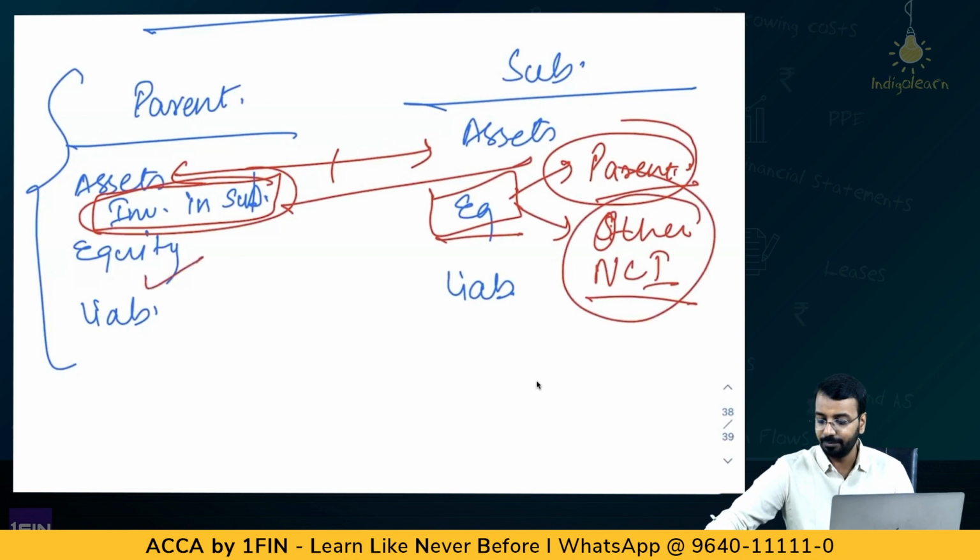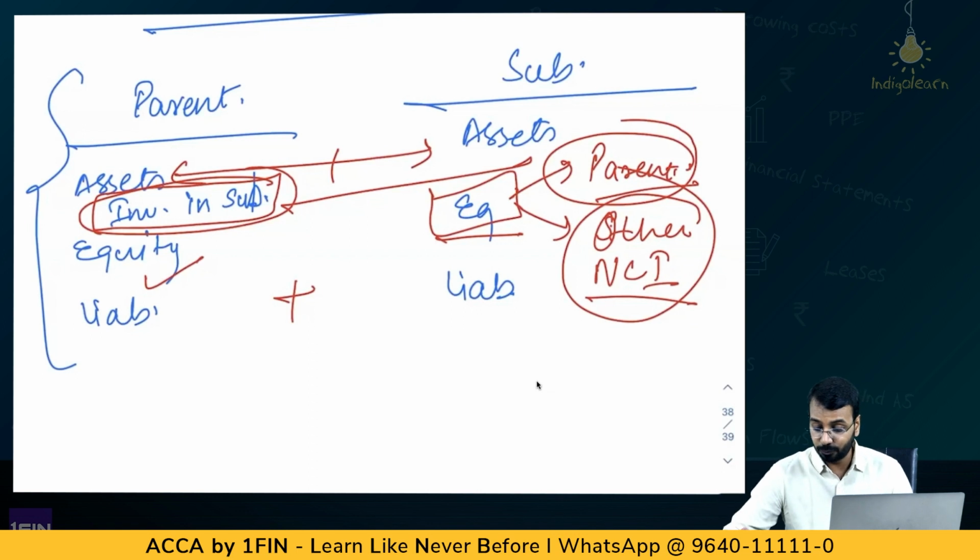Then your parent's equity and this liability plus this liability. Broadly, this is how they consolidate, taking 100% of the assets and liabilities of the subsidiary. Taking 100% of the assets and liabilities of the subsidiary. Now, when we have understood the logic and all of that,